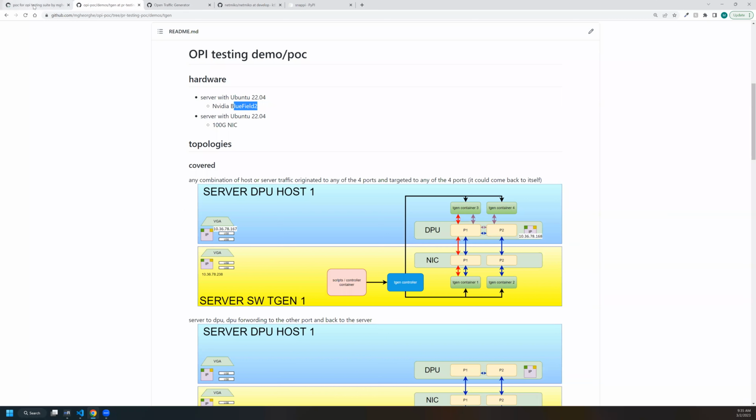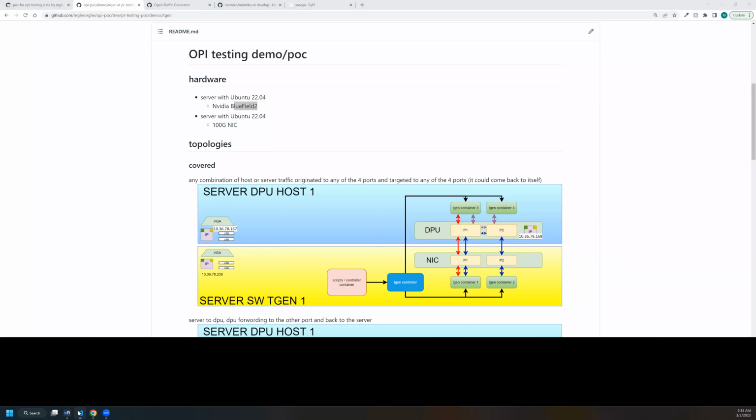Maybe flow matching and this, that, and the other thing we could do in software. So there needs to be testing for both